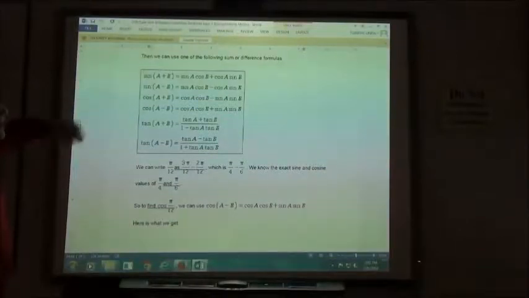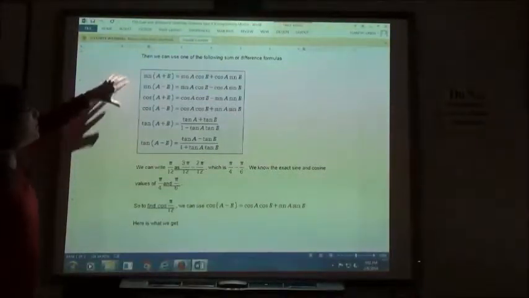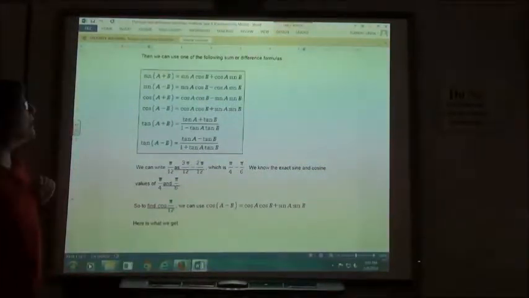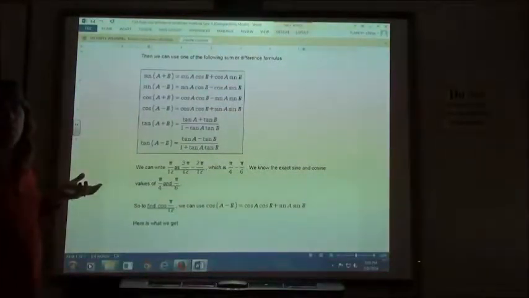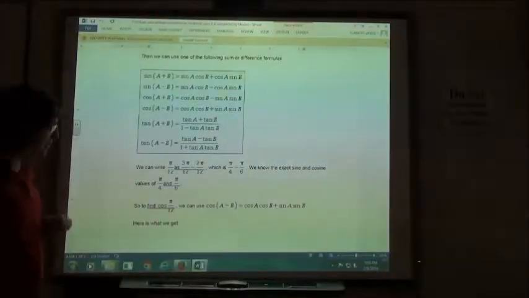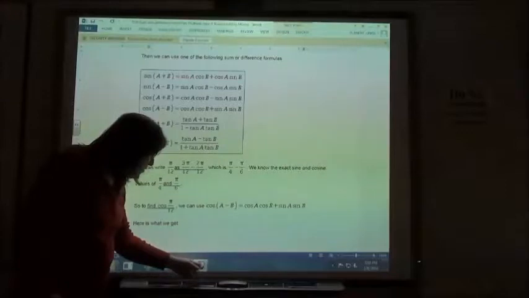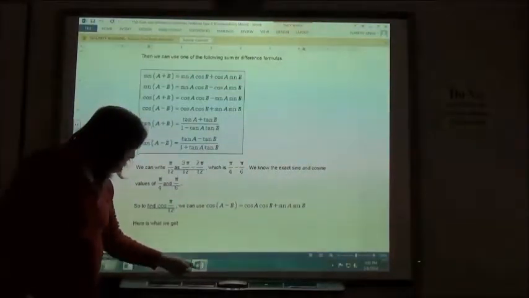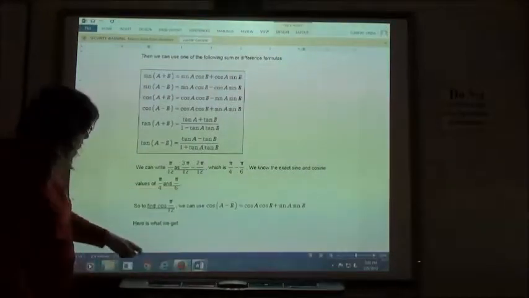I'm not going to switch back and forth because it erases my board, but you will want to have the sum and difference formulas. So if you don't have them, go to the resources, to the dictionary, type in sum or difference, and it should give you that as one of your choices, so you can print those out or find them in your notes from before. We have used them before. And so going over here,